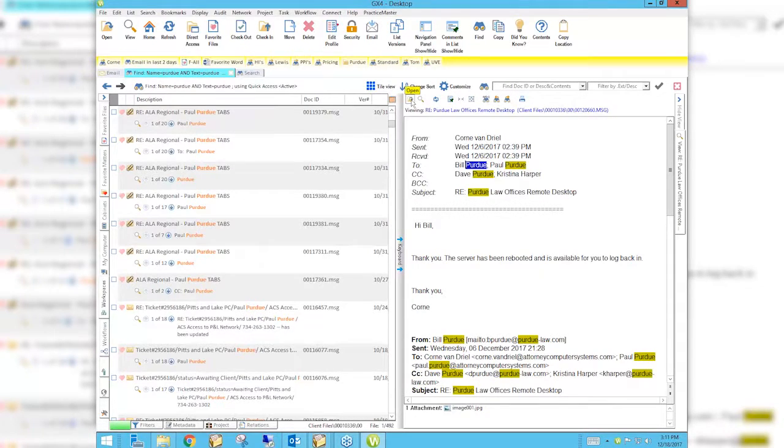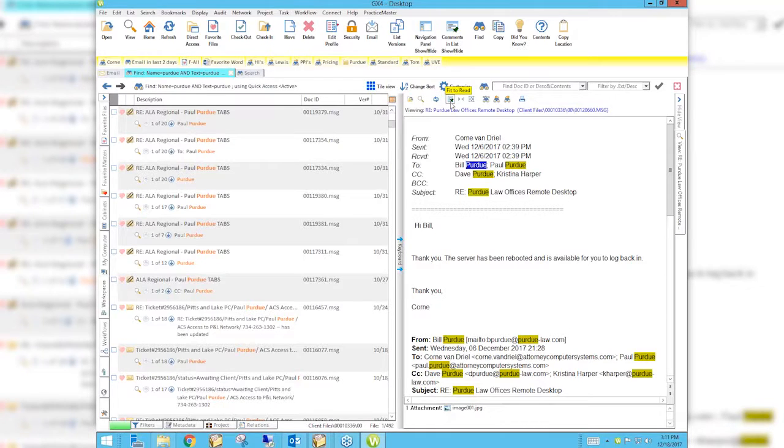So the first one is I can just go ahead and open that particular document. So if I have it on the preview, I can just click that little button there and open it. I also could double click on the document and open it. That's still going to open. But from the preview window, you can open it. I'm going to skip this one for just a minute, and we're going to come over here so we can